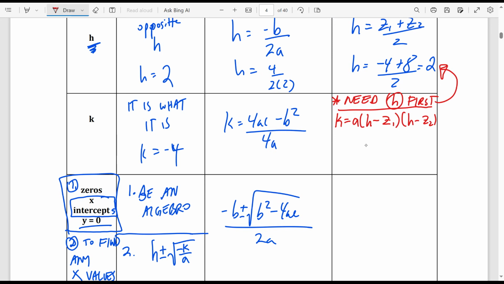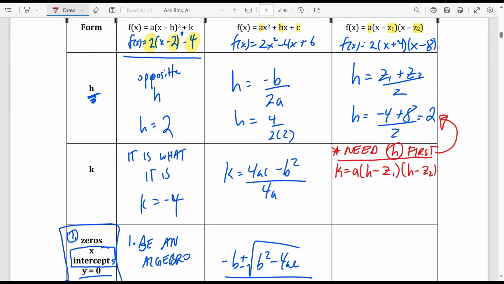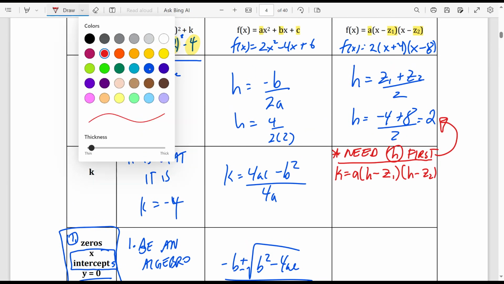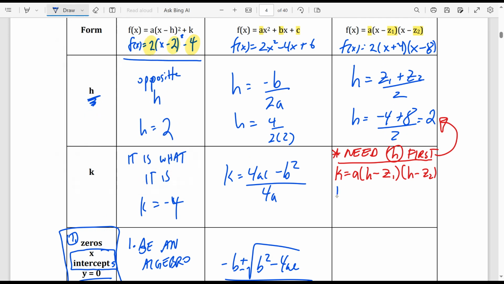But on this one, you know how I took the real value of it? Because I'm plugging into the formula again, on this one, I'm going to say k is equal to 2 plus 4, 2 minus 8. Okay? You can maybe add a little bubble next to this if you want as well. Here's a check that you did it right. If you correctly solve for h, and you're on your way to correctly solving for k,